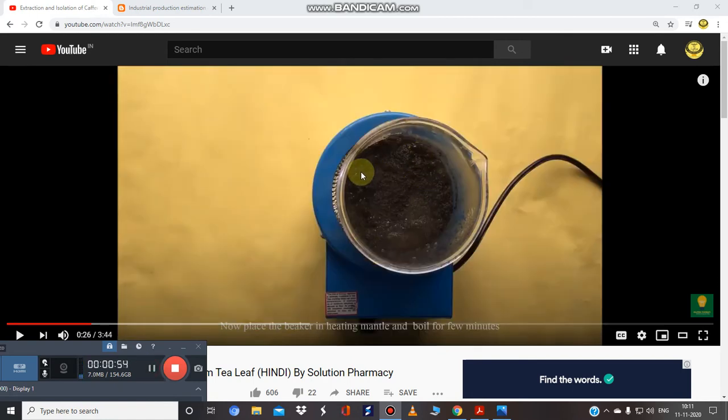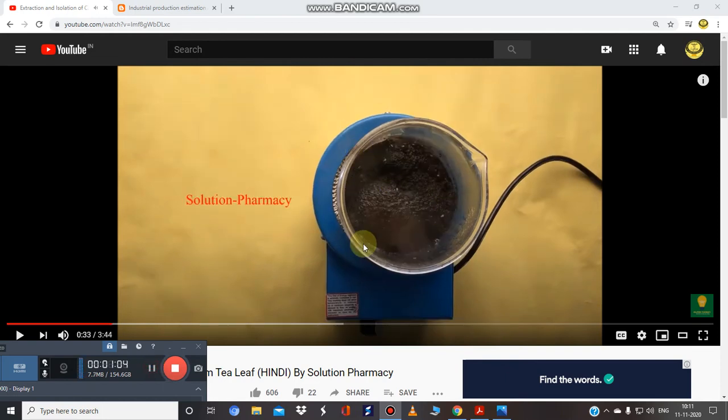Then comes the heating: the beaker is put on the heating mantle for uniform extraction. What was happening here? The sodium carbonate mixed in the tea leaves reacts with the tannins and other impurities present in the tea and forms a salt. I hope you remember method 2, in which we add lead acetate. What is the function of lead acetate in the tea sample? Yes, it again precipitates the tannins.